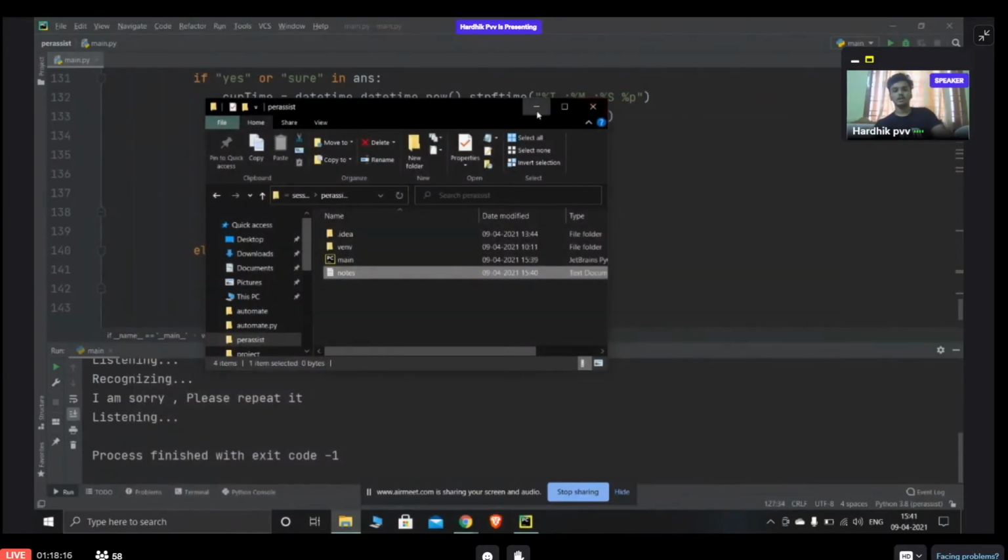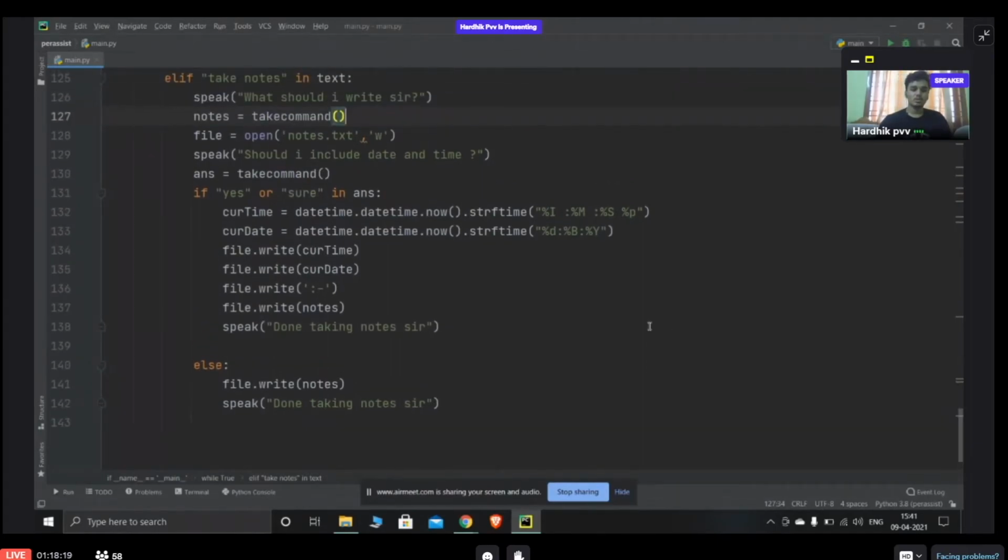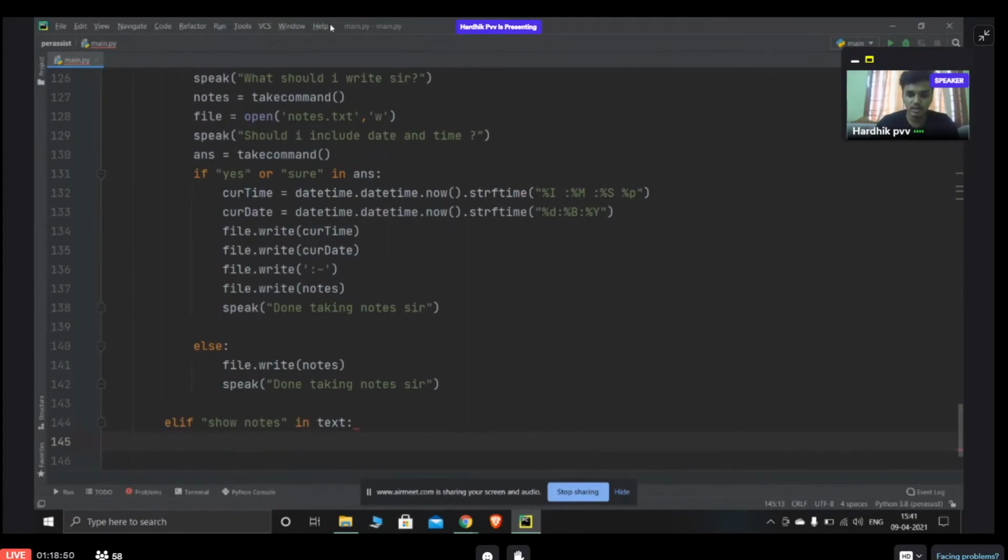Okay, there's an error. We'll see whether it's stored or not exactly. Along with this, I'll tell you another function. Suppose show notes is there, a function called show notes. If show notes is there in the text, then I want to show the notes which it took, right? So for that, I'll say speak opening notes,